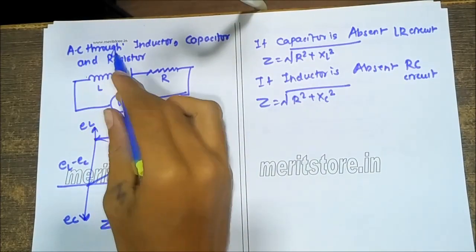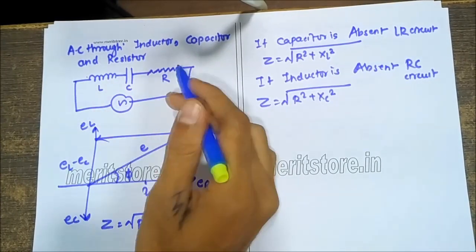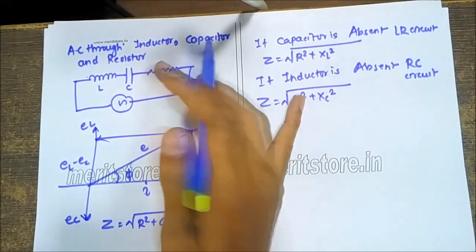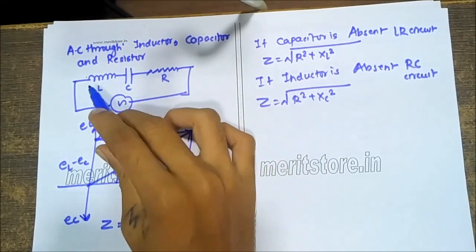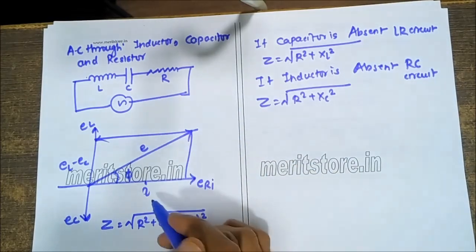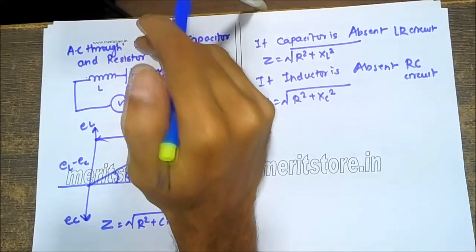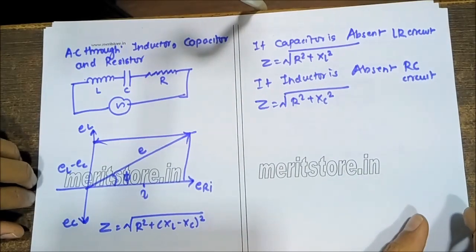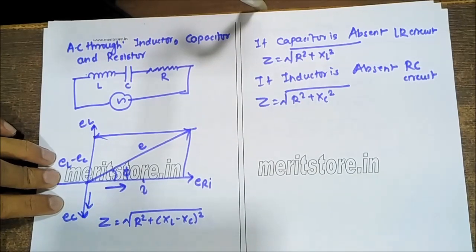Next we are going to study alternating current through a circuit having an inductor, capacitor and resistance connected in series. Earlier we studied an AC connected to a resistor or capacitor individually. Now we have all three together. We have a phasor diagram representing what happens when current passes through the inductor, capacitor and resistor. Whenever a capacitor is connected to the AC circuit, the current leads and the EMF lags, so it is shown going downwards.